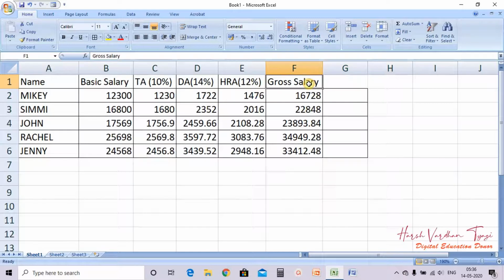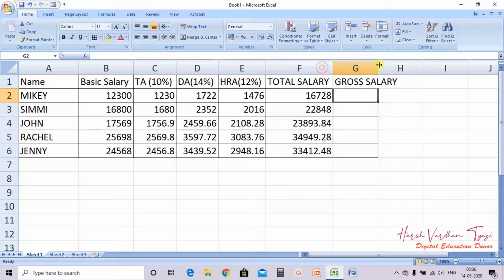I am writing it as total salary just to show you, and then gross salary. Okay, now what are we talking about? We are talking about mixed reference.